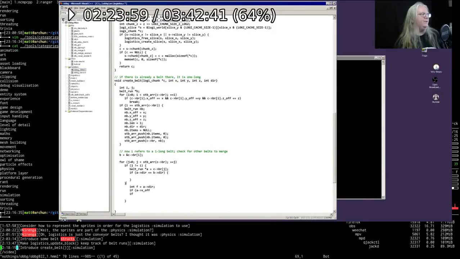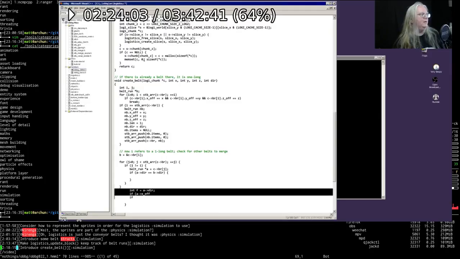They have to be facing the same way for us to merge them. Then we want to know if